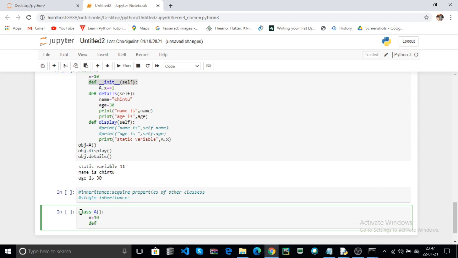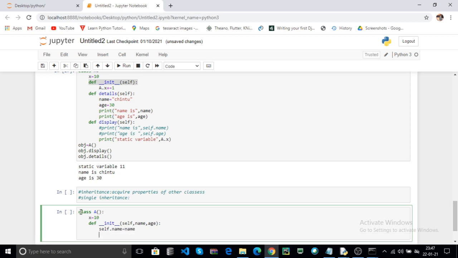Here I create one constructor init. Here I pass self, name and age. Here you can initialize your parameters, self dot name equal to name, self dot age equal to age.